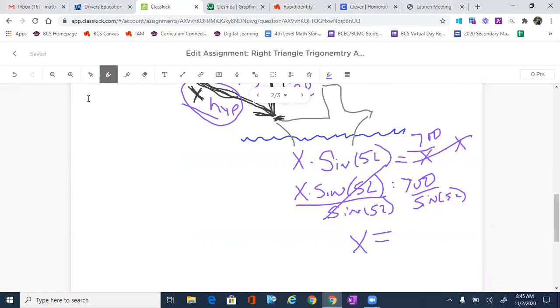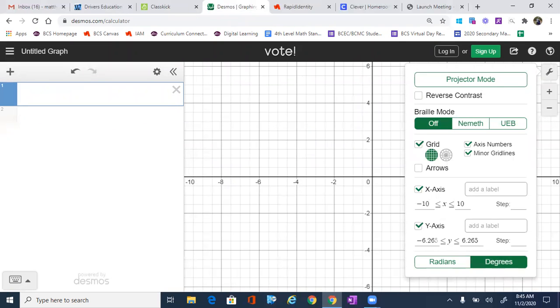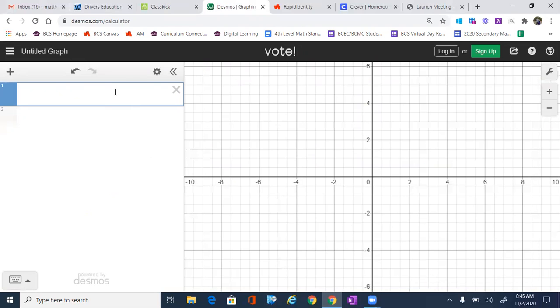We just type in 700 divided by sine of 52. So let's go to Desmos, type it in. First thing I always do is make sure, with a wrench, we go up to the settings, which is that little wrench. We go to degrees, and then I'm just going to type it in: 700 divided by sine of 52. And that gives us